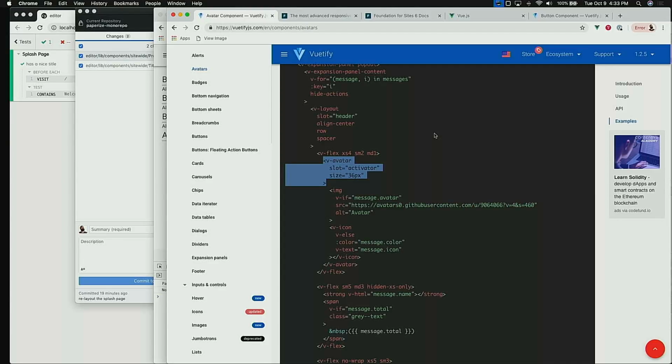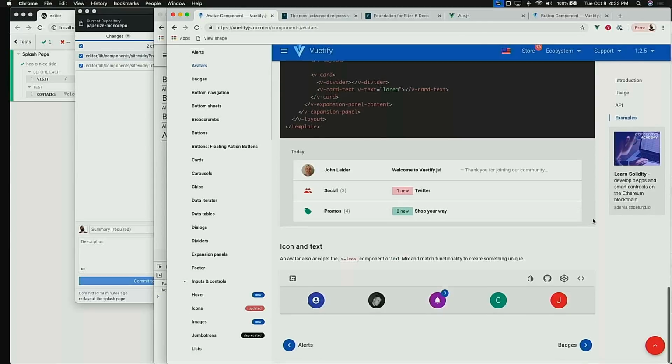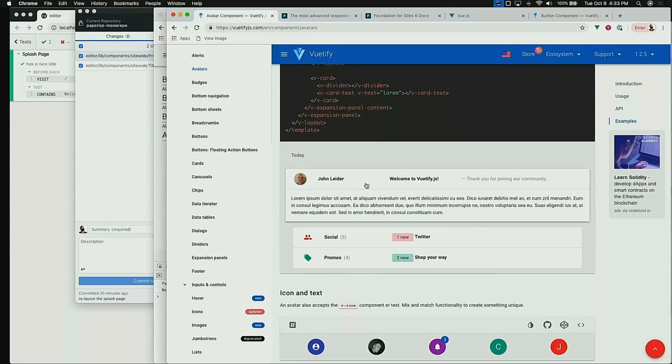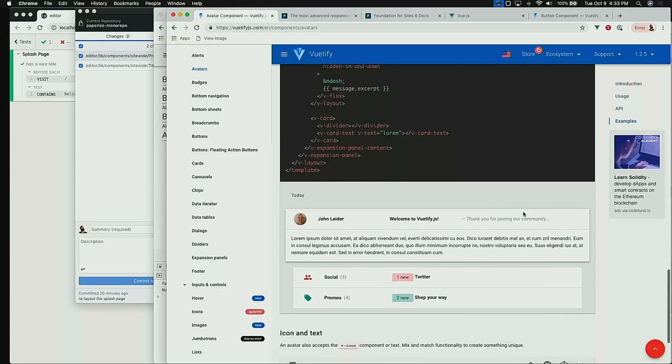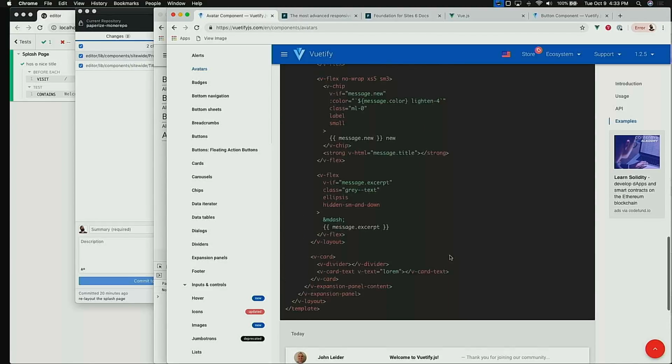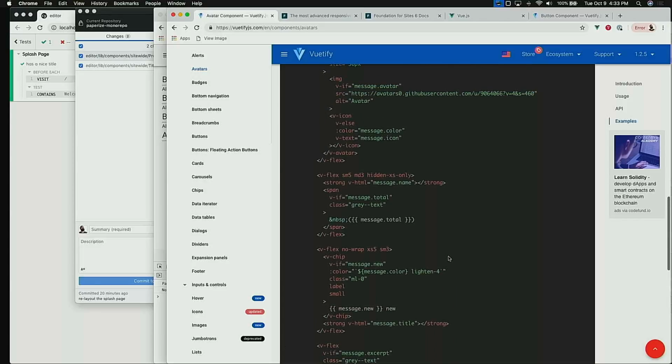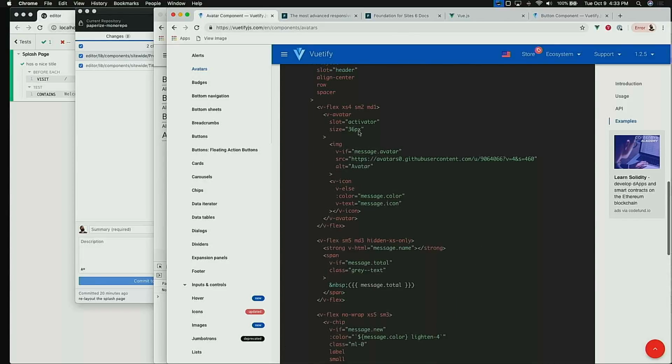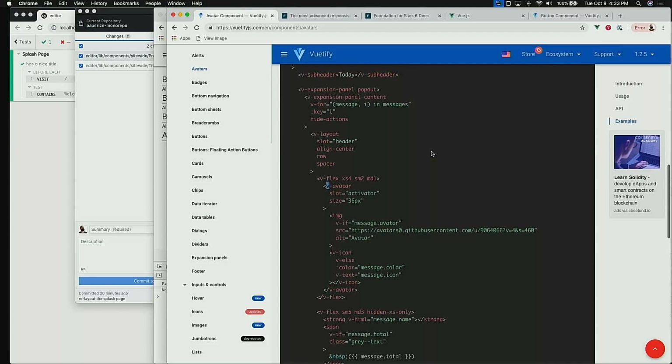I say that and then I'm like, holy cow. What is slot activator? Okay, well anyway, it's just an image. It's just a regular image that he puts inside of a V avatar. That's really cool. Why is activator? I mean, it's really cool, but I don't get why this slot activator is only on the avatar, when it seems like